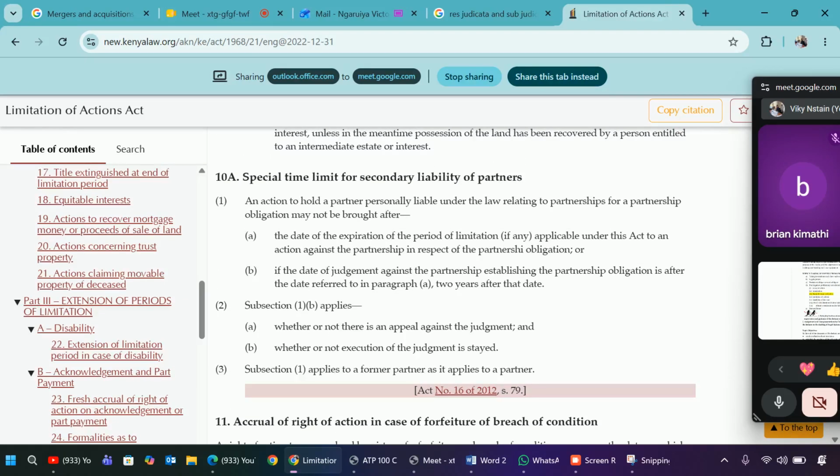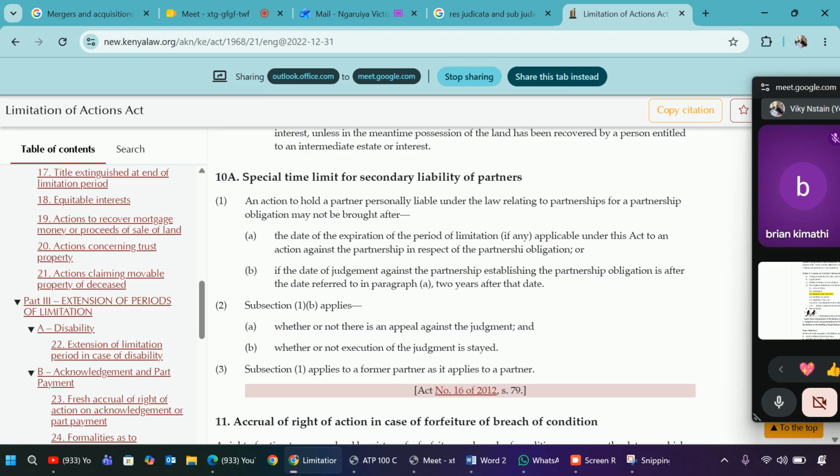Then we have section 10A on special time limit for secondary liability of partners. An action to hold a partner personally liable under the law relating to partnerships for a partnership obligation may not be brought after (a) the date of the expiration of the period of limitation, if any, applicable under this Act to an action against the partnership in respect of the partnership obligation, or (b) if the date of judgment against the partnership establishing the partnership obligation is after the date referred to in paragraph (a), 2 years after that date,